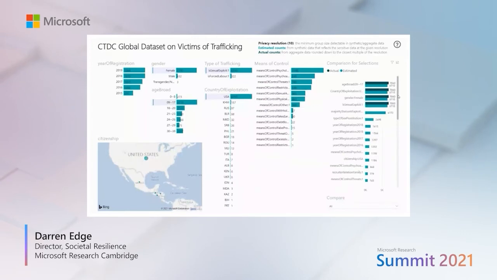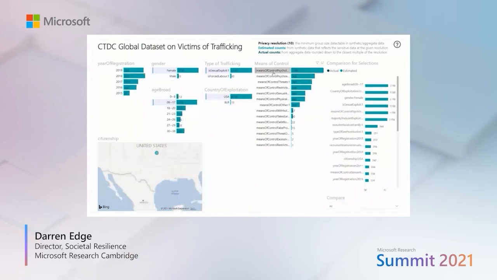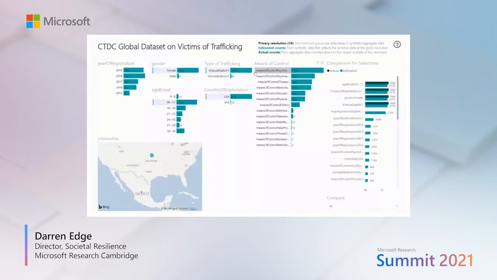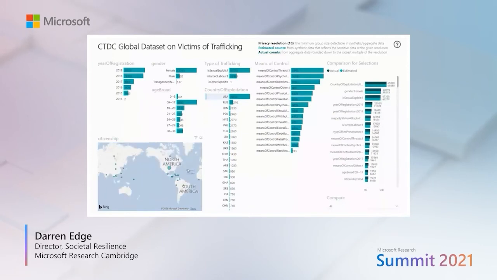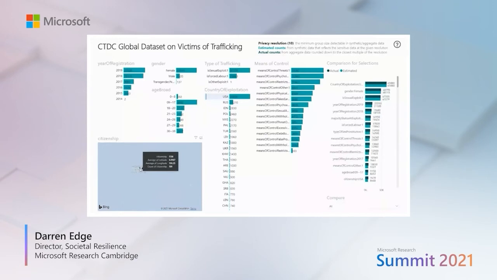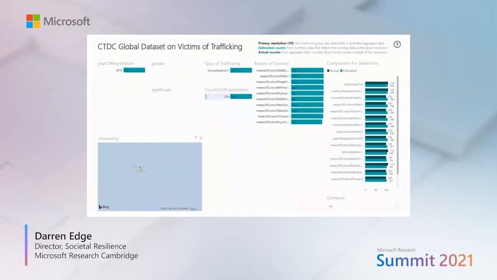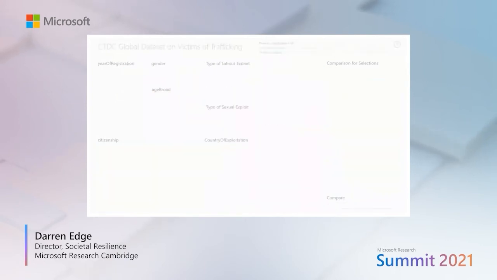So as we keep making selections, at some point we reach the limit of the combinations we pre-computed. And at that point, you have to just rely on the aggregates that you get from the synthetic data. And as you've just seen, this is very good at capturing the dominant patterns in the data. But let's also now look at a smaller group. So here I've noticed that Federated States of Micronesia citizens are being exploited in the USA. And we can see that this is a small group of around 100 individuals. And the synthesis process has captured that group really accurately.